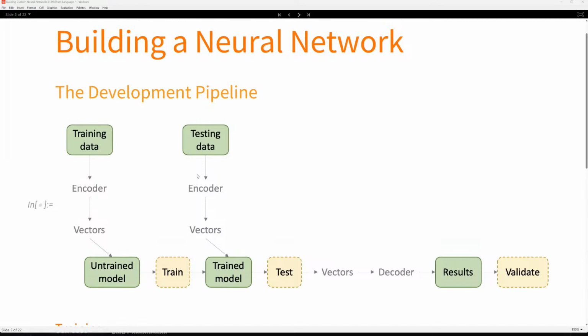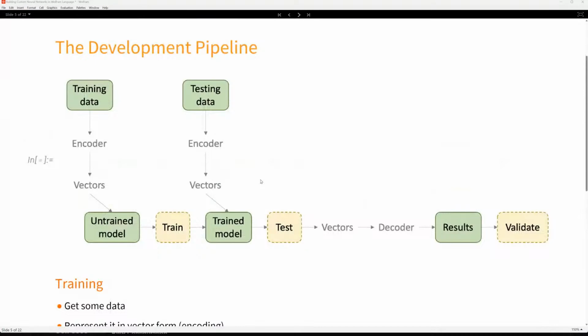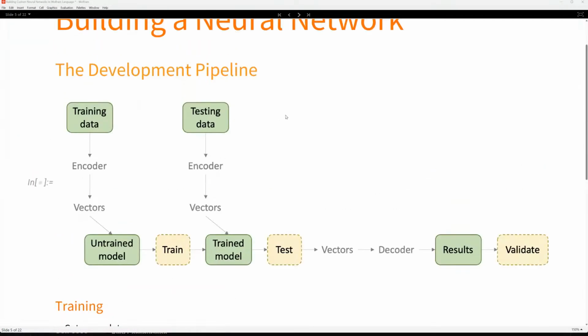So what do you want to do first? We're working in the realm of data science tasks, and you are obviously going to want to first of all acquire some data. This is more towards the development of creating a trained neural network. There's more to it behind the scenes of actually assembling the networks themselves, and we'll look at that a bit later on in the webinar. But if you've got a pre-built network, then it's going to be in an untrained state. So you are going to need to get your data